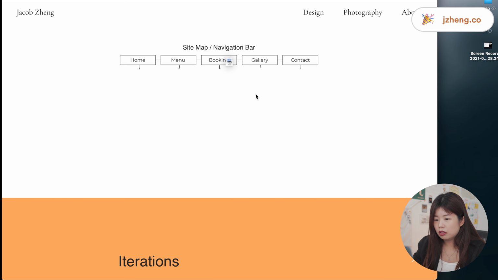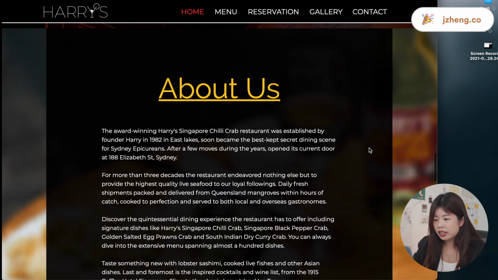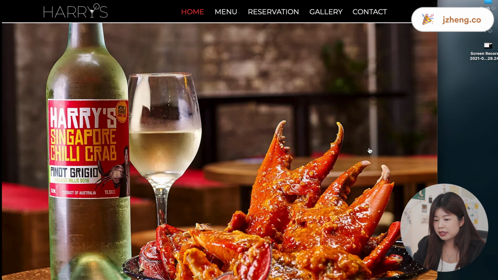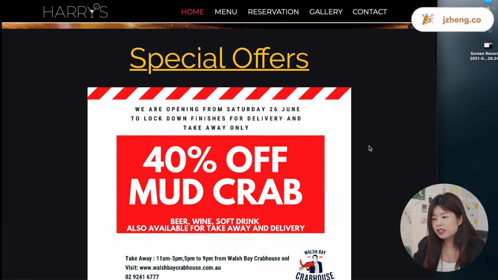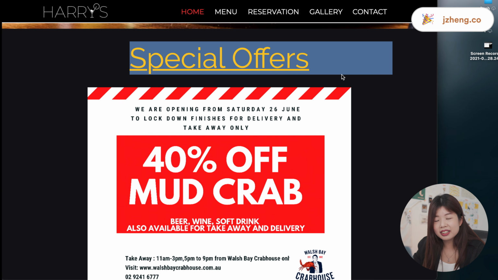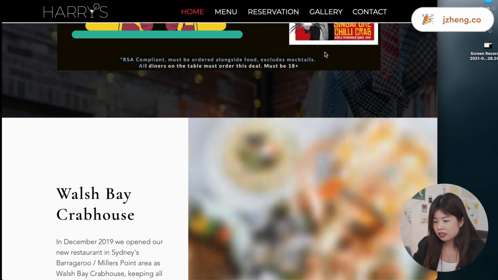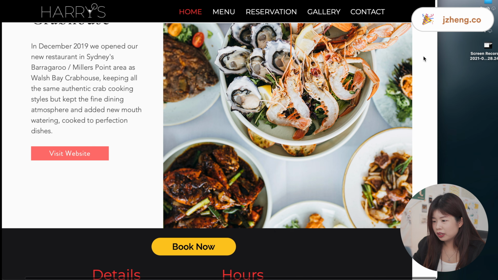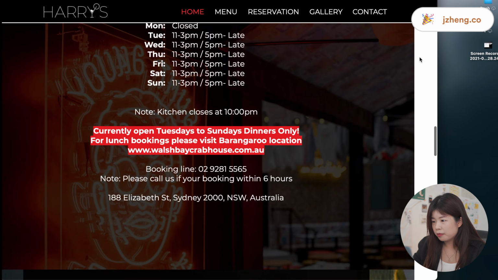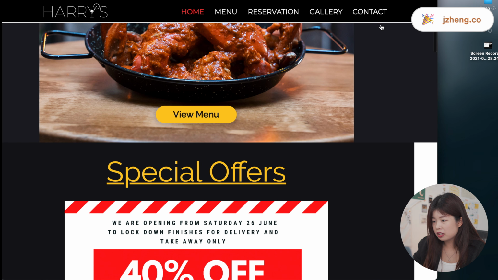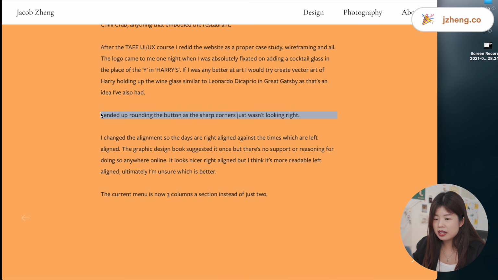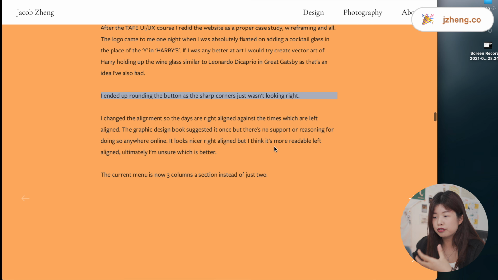The sitemap's not loading. I appreciate that you have linked your website here, but I'm not convinced on the UI of this website. And also, the website here has this weird gap, probably caused by the slider. And instead of saying, I ended up rounding the button as the sharp corners just weren't looking right, can you give a photo to illustrate before and after of the button's corners